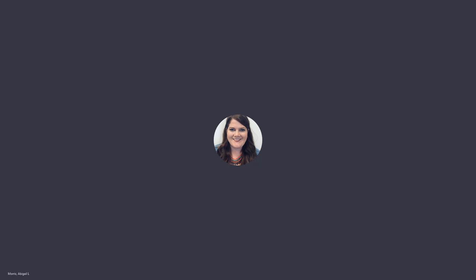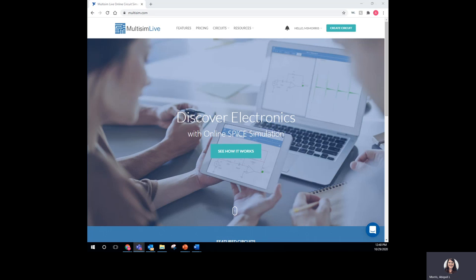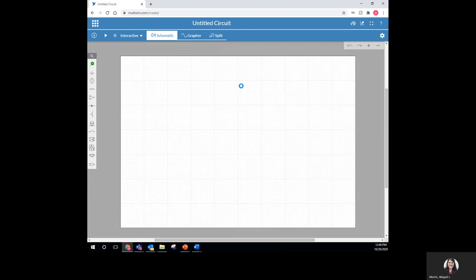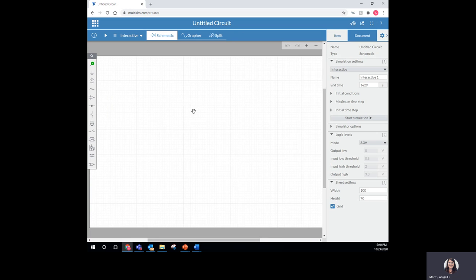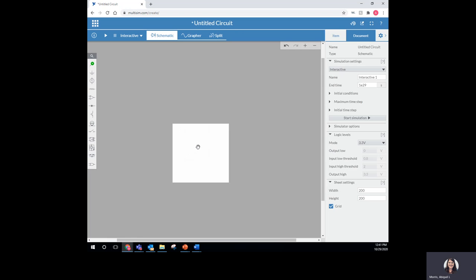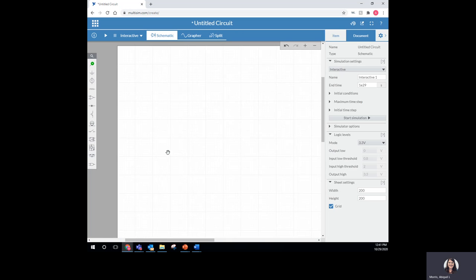Once you're on Multisim Live, you're going to go to Create Circuit in the top right corner. And first you want to start by making the sheet size as large as possible. So once it's loaded, you can double click on the sheet, and on the bottom right, we're going to change the width to 200. Press Enter. And then we're going to change the height to 200. Press Enter, and you notice that the sheet is now larger, so we can fit all of our circuits in